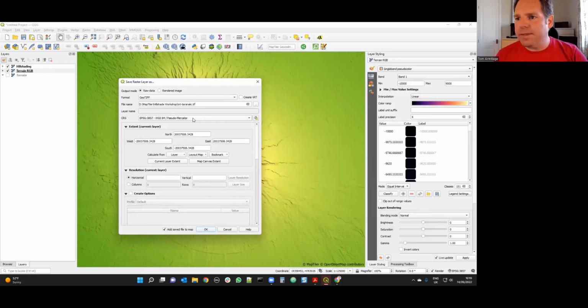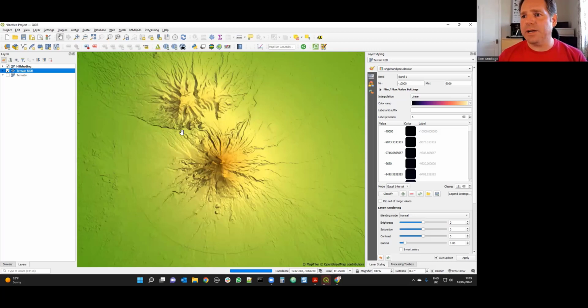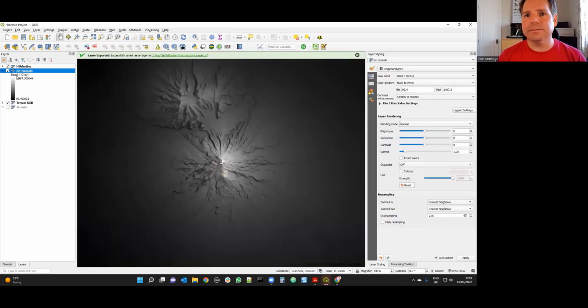And the important thing is to not use the current layer extent, but the map canvas. So you're chopping a piece out and not creating a huge thing covering the whole world. And then in the resolution section, this is important, otherwise it won't work. You need to put in the resolution that your GeoTIFF will be. This is close enough to 30 meters to be the right sort of thing to use here. And then just click OK, and it will generate that as its own little DEM